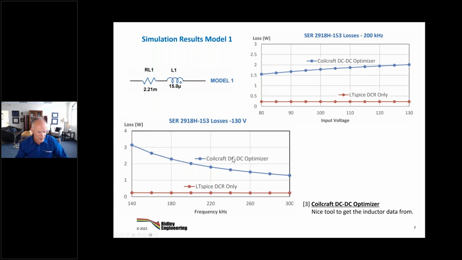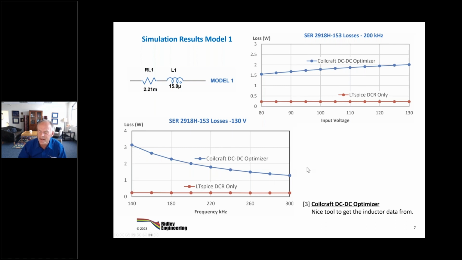Interesting thing to know: some people, if they're new to magnetics, think that as the frequency goes up, the magnetic losses get worse. They don't, because you have to consider these in the circuit. In the circuit, when you're running at a higher frequency, the ripple current is lower, the delta B is lower. So even though if you were driving the delta B and the ripple the same, the losses would go up, you're not driving them the same. So as you change the conditions here, especially dropping down to lower frequency, that's when the dissipation starts climbing through this particular inductor. But again, it's a big miss.